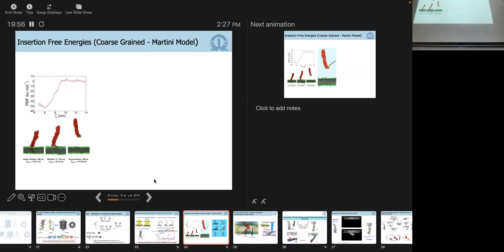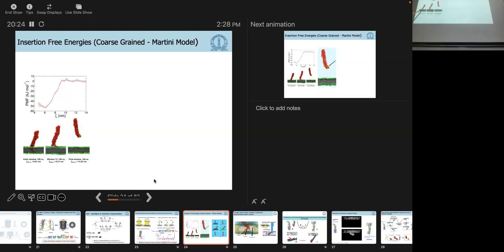So these are all at 37 degrees. Yeah. And these were done with POPC, because we've done them with DMPC, POPC, with cholesterol. These are broadly similar in terms of the information that we get. There is hydrophobic mismatch and other things, and you probably would be able to pick them up in vesicle leakage experiments and so on. Then we also did some initial free energy calculations with this so-called Martini coarse-grained model.